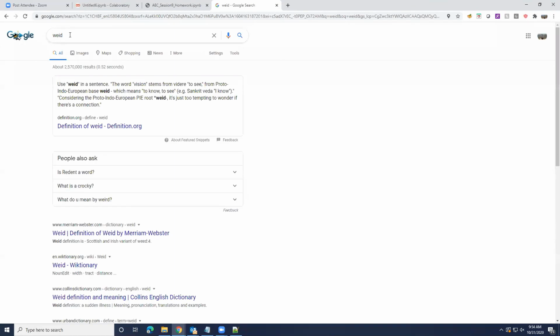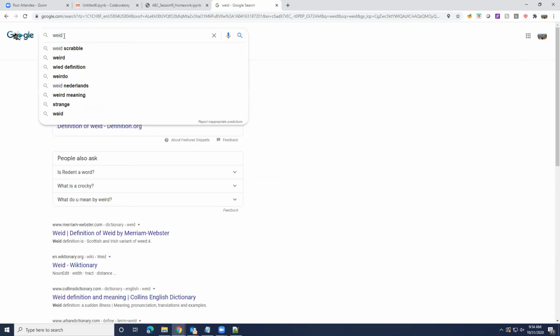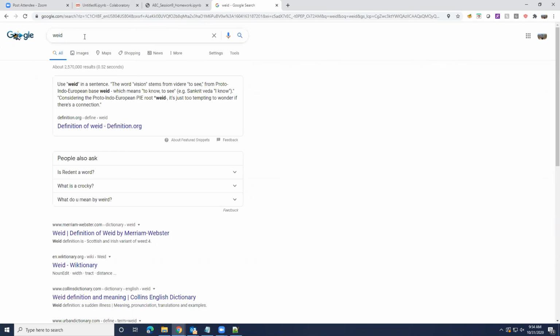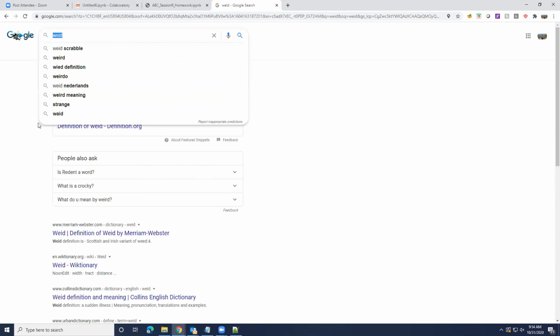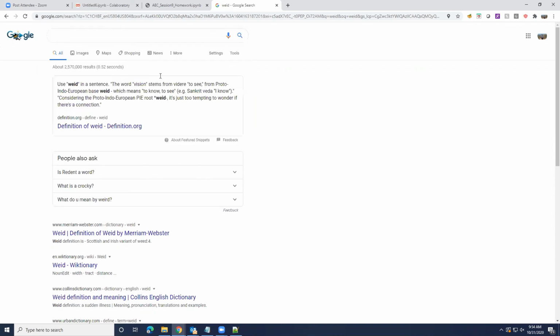it no longer shows me anything, because by putting a word R here, I can make it weird. By changing the I to E, I can make it another word. Hence Google is no longer showing me, hey, do you mean weed or weird or whatever else? Wed, maybe I should have removed the I. Or maybe this is a real word, so this is not showing me anything else. So it depends on what it guesses out to be.